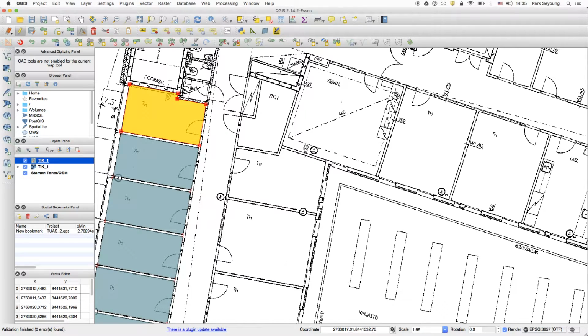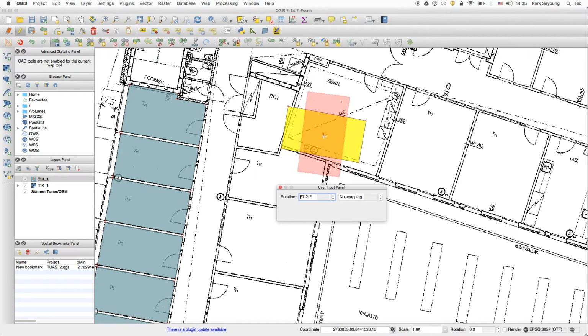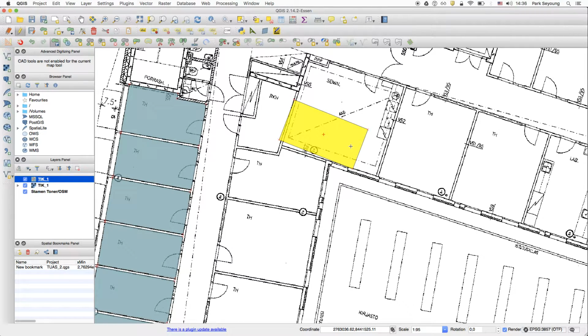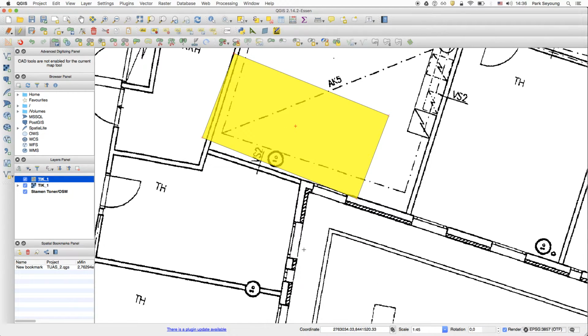So let's copy another one and try to put it here, or there actually. So we copy and paste, and we try to align it by this one. Well, I myself actually don't use this tool because,